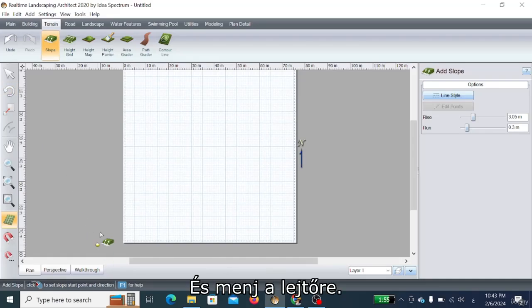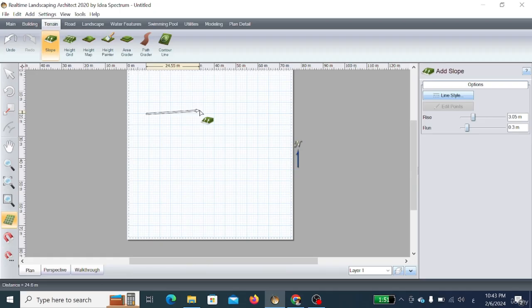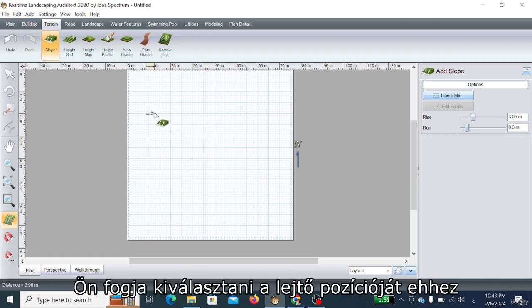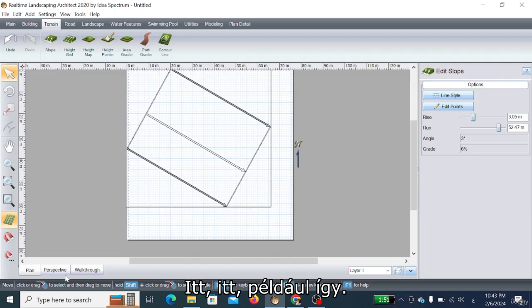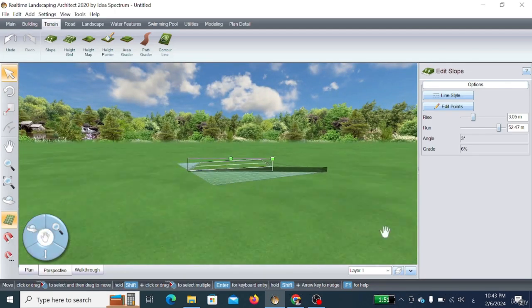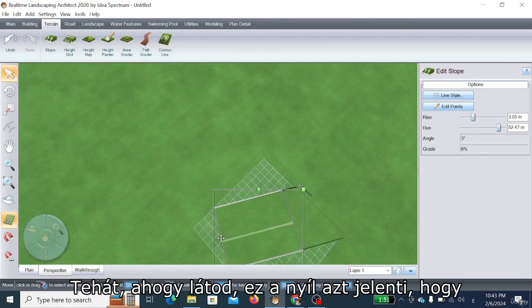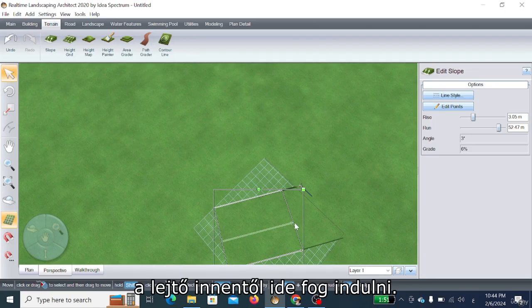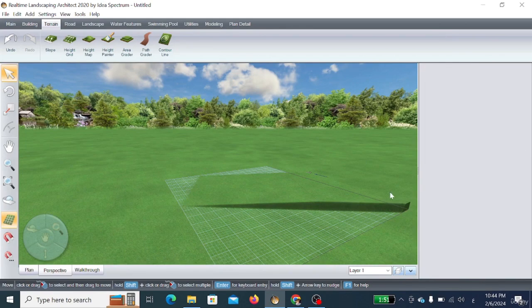and move to the slope. So let's talk about the slope. You will choose the slope position to this arrow if you want, here, for example, like this, and now go to perspective mode to see. So as you see, this arrow means that the slope will start from this to this, like this, and you